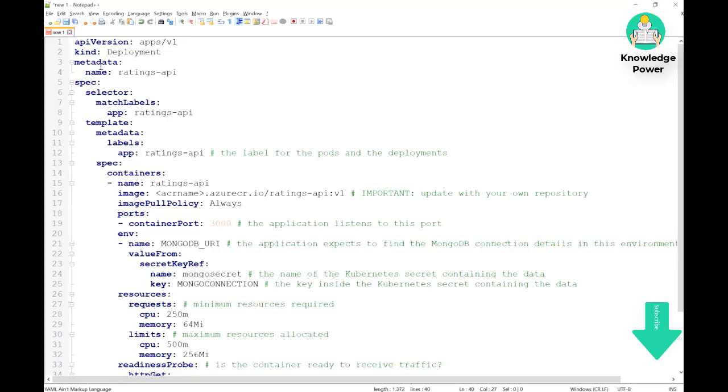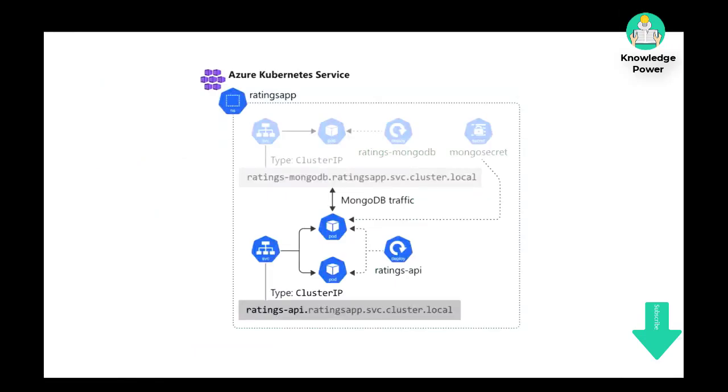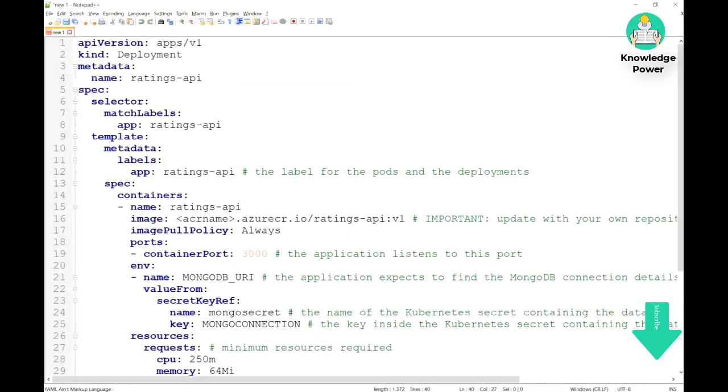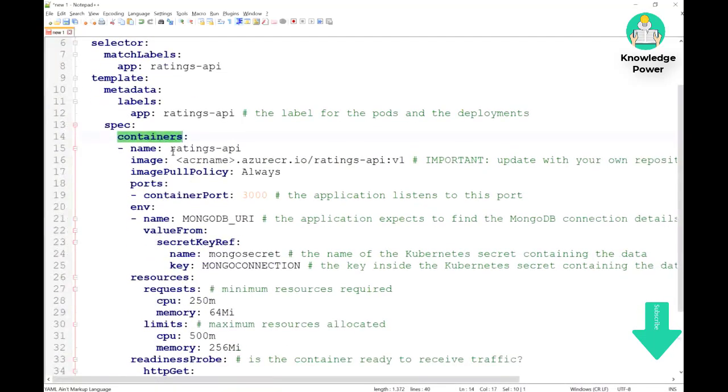The whole goal of this workshop is not to go into the details of every item here, but for us it's important to understand what the components of this manifest file are. Coming back here, so using the YAML file, I want to tell AKS, please deploy an application called Rating API and deploy 2 pods of it. And this is what is translated here. The deployment name is Rating API and it contains containers with the name of Rating API,